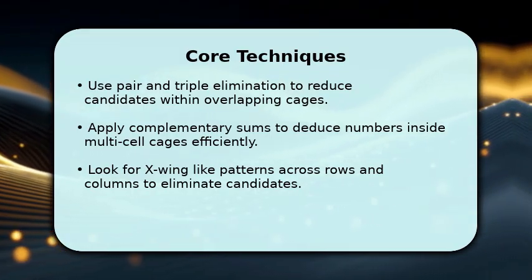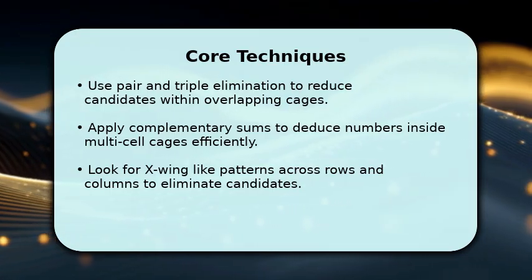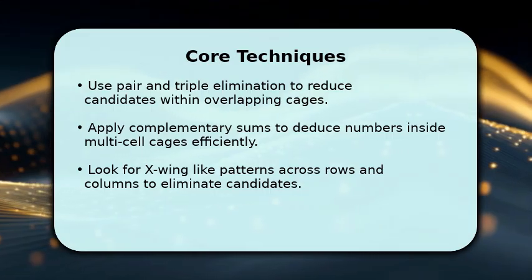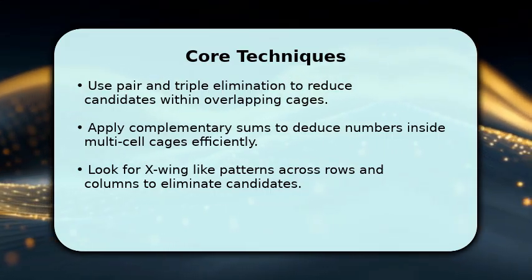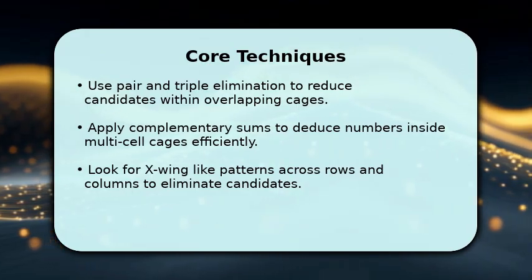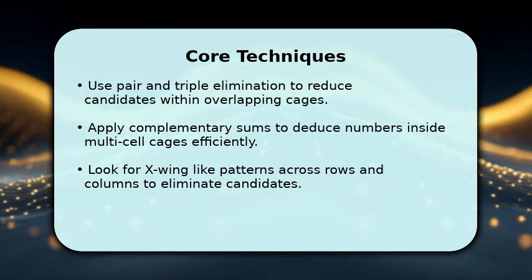Use complementary cages, so two cells that must total a value reveal each other through elimination. Watch for cross-line patterns similar to X-wing that remove candidates from 4 aligned cells. Alternate between scanning cages and global grid interactions to force placements, and gradually solve the toughest expert puzzles with steady